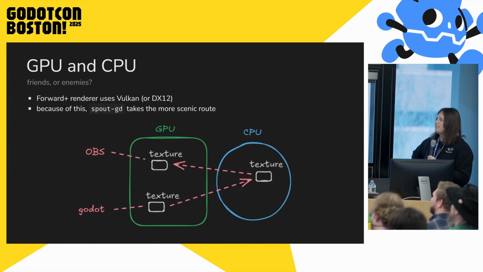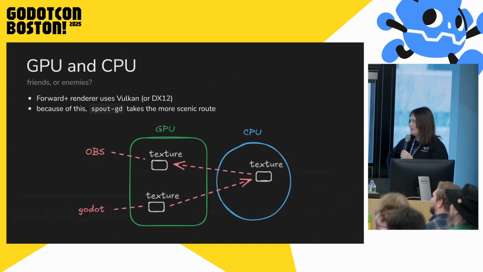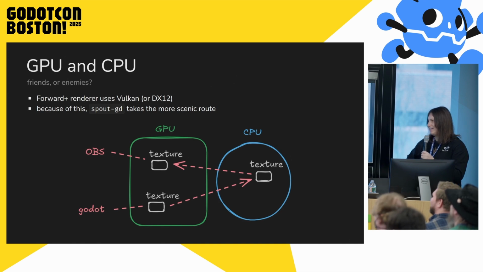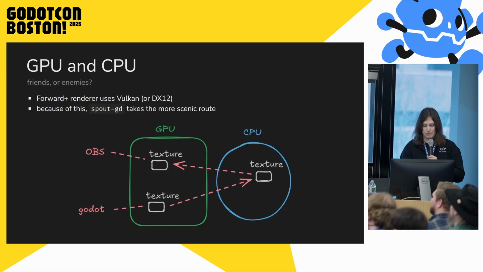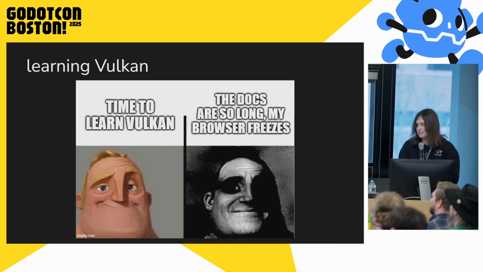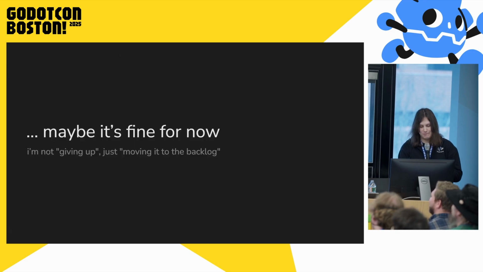So Spout GD has to go on this little adventure where the texture goes all the way to the CPU and comes all the way back, and this is kind of slow. So I took it upon myself. I was like, looking at these two pictures, this doesn't seem hard to fix. We just have to do less work, just do fewer steps. And then I read the Vulkan docs, and I came to the conclusion that